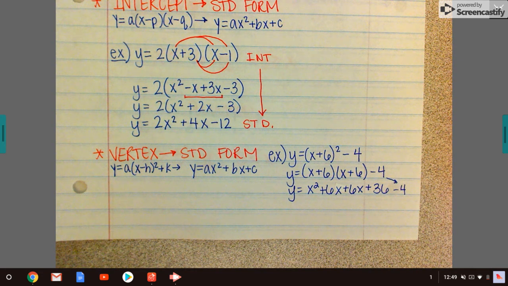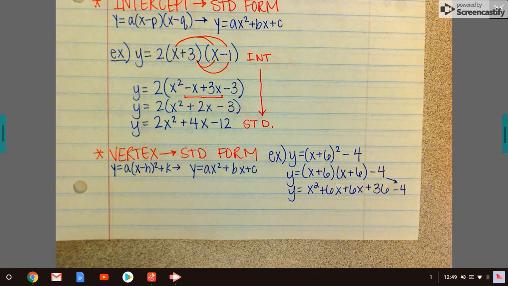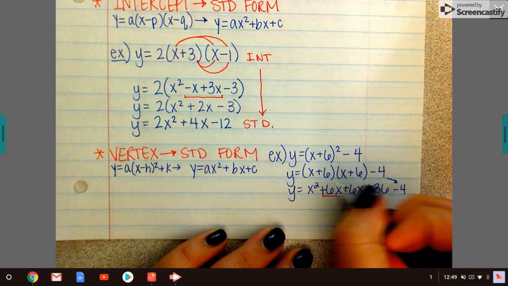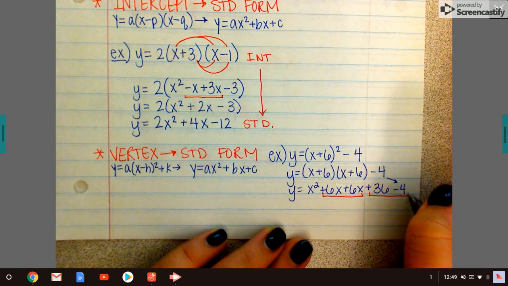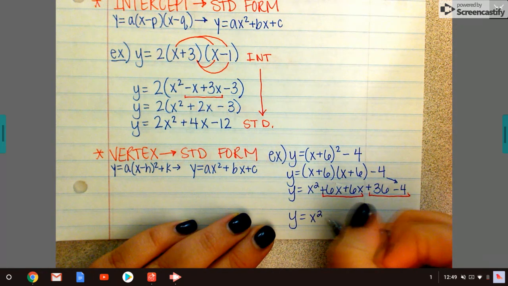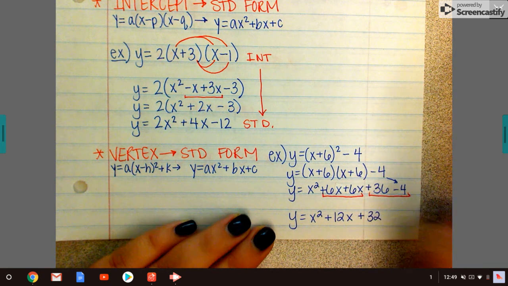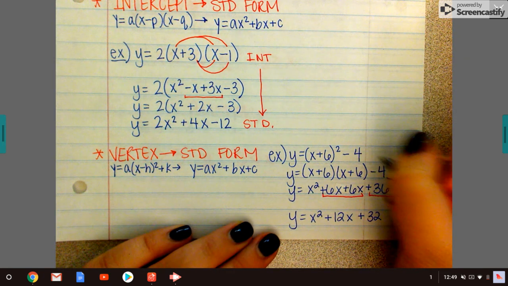I oftentimes see students forget to drop down that -4 or whatever that value is. The k value, I should say. From here, we can do some combining here and here. So let's do that. We'll have y equals x squared plus 12x plus 32. So again, we went from vertex form